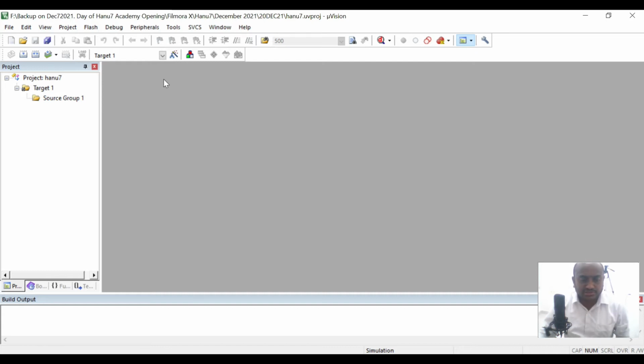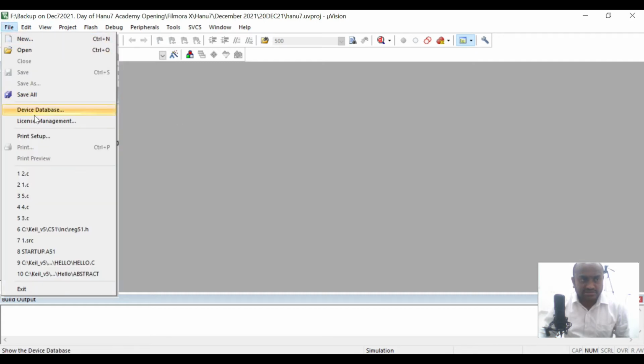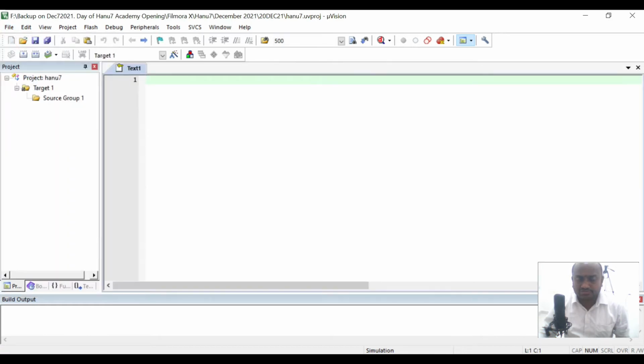In order to write a new program, as I told you, we need a text editor. The text editor is available in File, New. If you open this text editor and type your program here, there are options for you to save this.